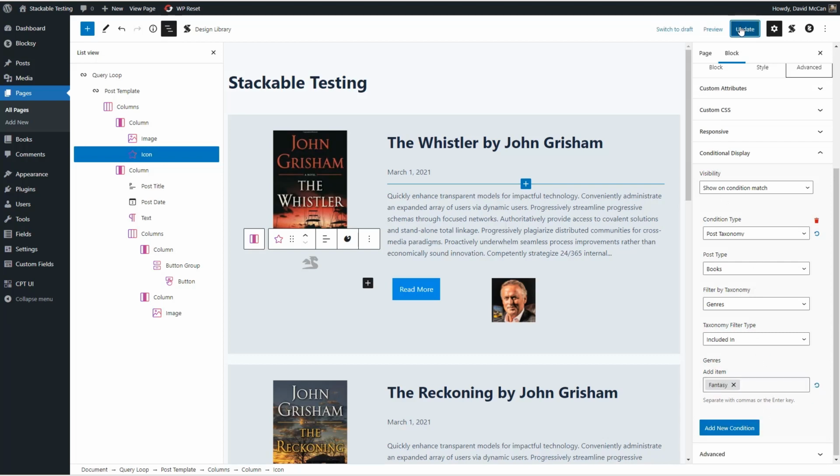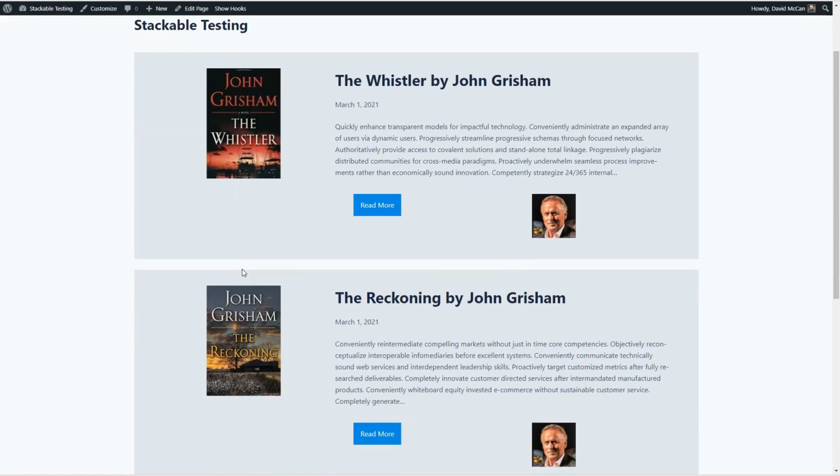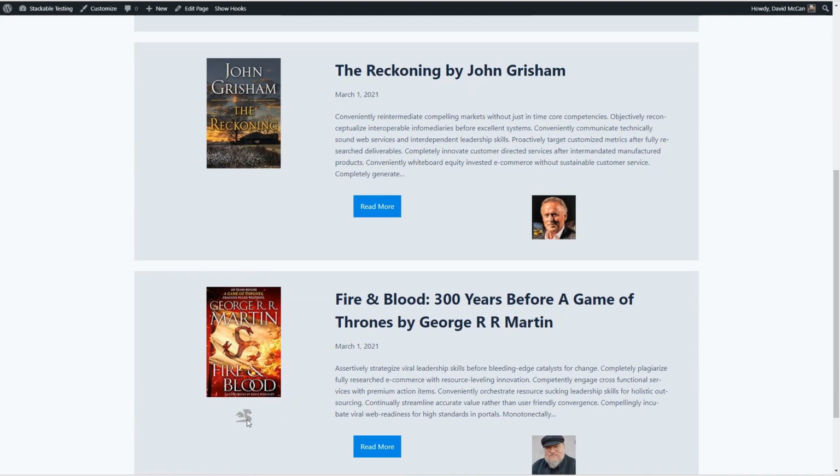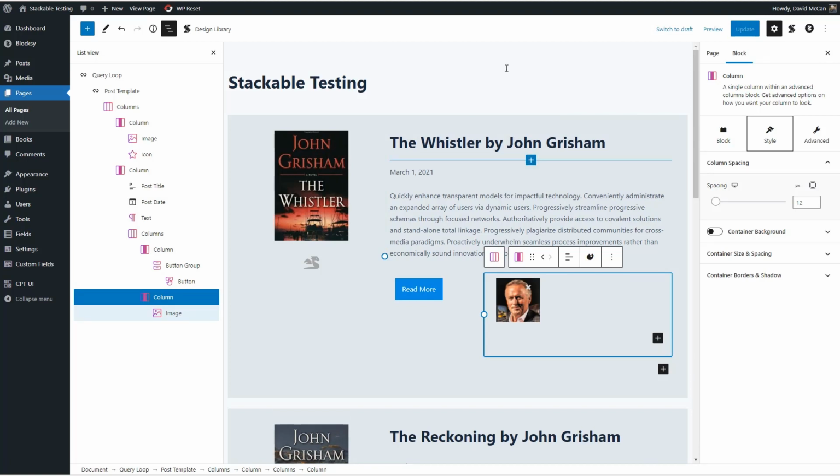Okay, so let's update this and let's go and preview it. Okay, here our icon is not showing on the legal thrillers, but here it's showing on the fantasy. Okay, so there's an example of the conditional display option and how easy that was. We've looked at several of the dynamic data features. Now I want to go out of this and let's look at the last thing that I want to show